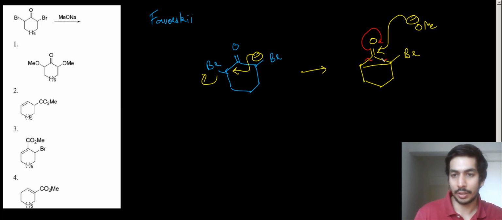And if I break this bond over here, then a carbanion is going to be generated over here, right? So which of the two bonds will be broken? Basically this bond will be broken. I'll tell you the reason why. Because once the carbanion is formed over here, this can migrate over here and this bromine can be cleaved off, okay.